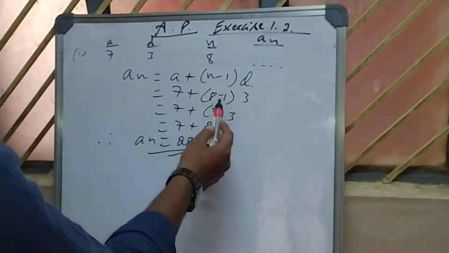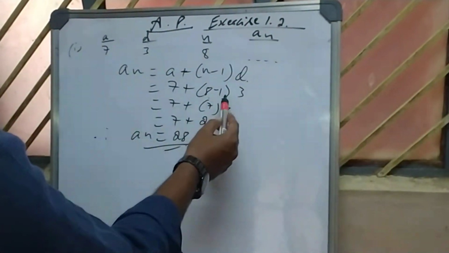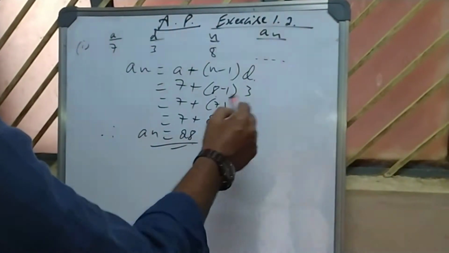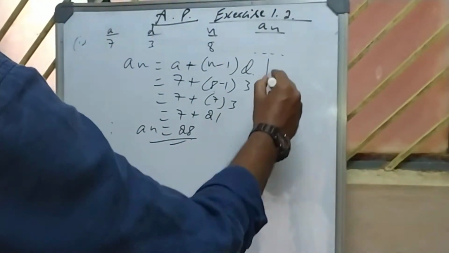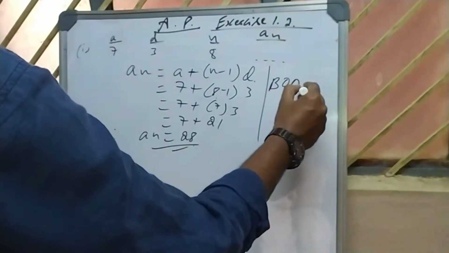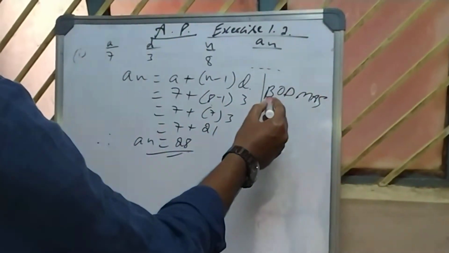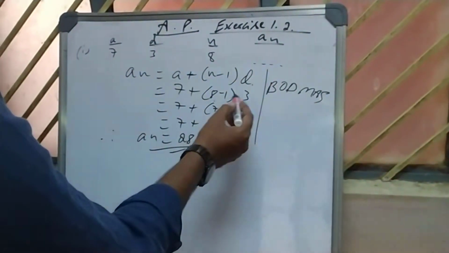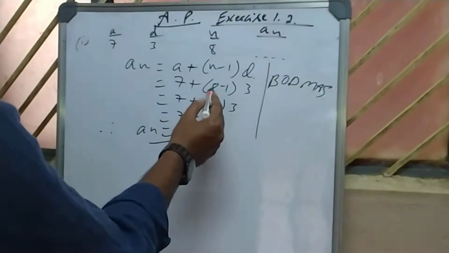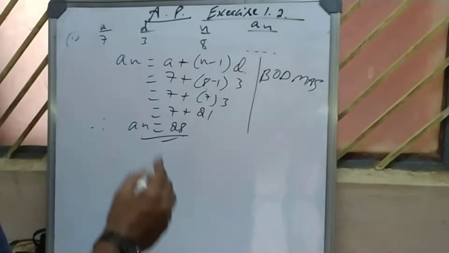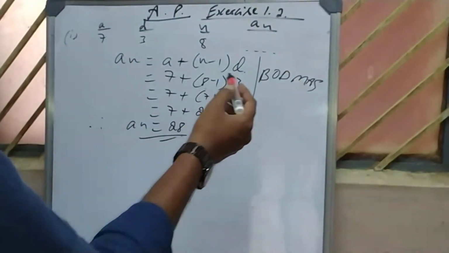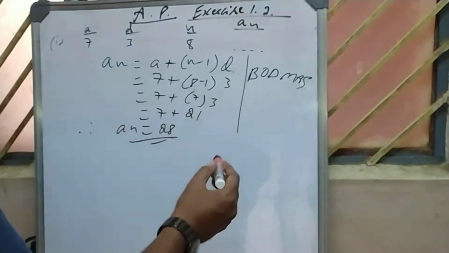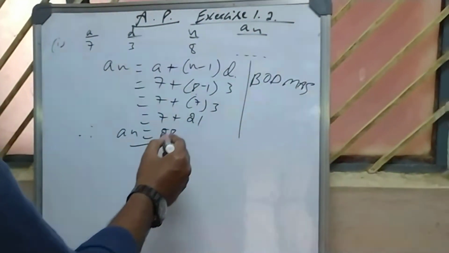You might have observed in this video, we have done 8 minus 1 in the bracket first, that is 7 into 3. This is based on a rule called BODMAS, where first we have to solve whatever is inside the bracket. You cannot directly multiply 3 into 8 or 3 into 1. You have to do first 8 minus 1 is 7, then multiply with 3. In another video I will explain this BODMAS principle in detail. I hope this problem is clear to you.